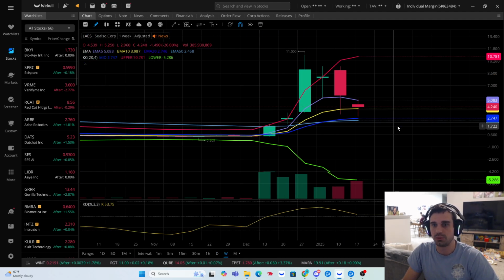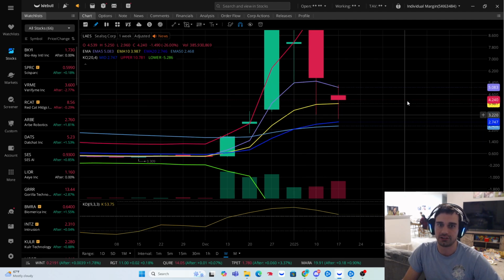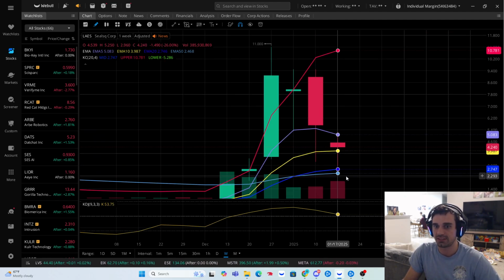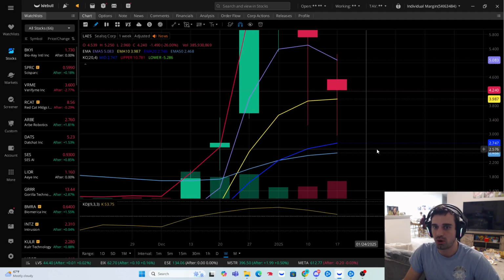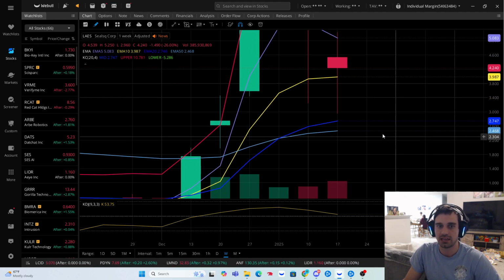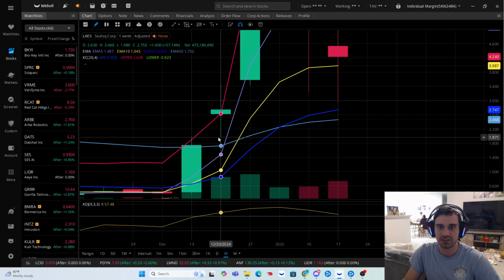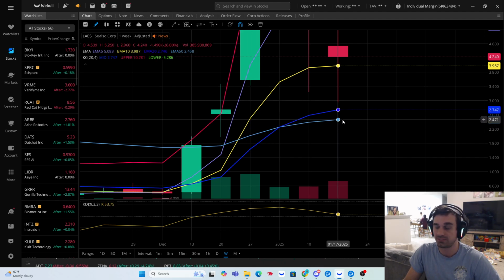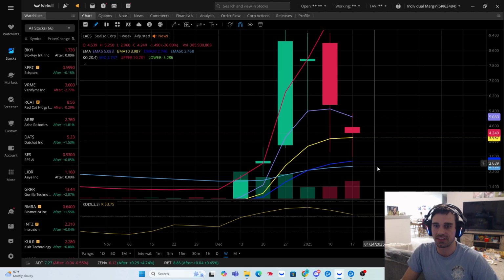I am looking at the weekly candle, and I do like what I see here. This is EMA 50 at the very bottom. If I see price, this is the only time I'm going to play it again. You can make massive money on this. If I see price touching this EMA 50 on a weekly candle, I'm going to take this trade, okay? I think this is very bullish.